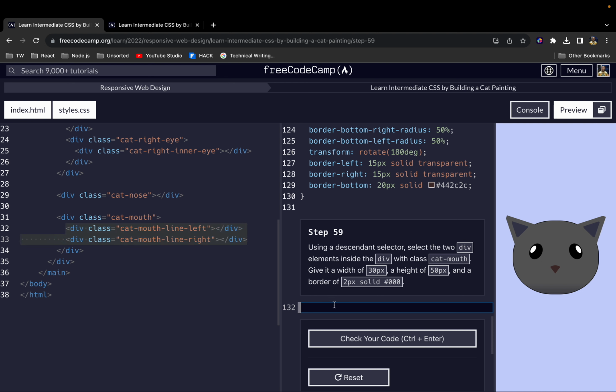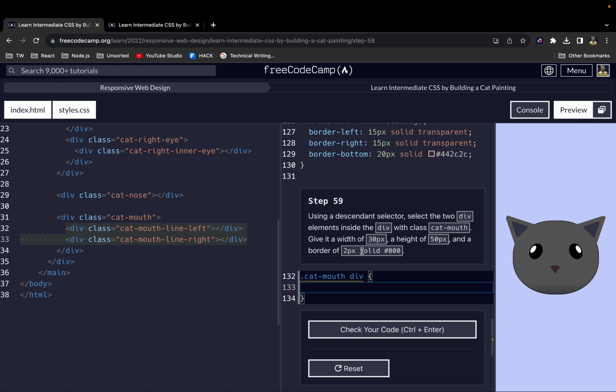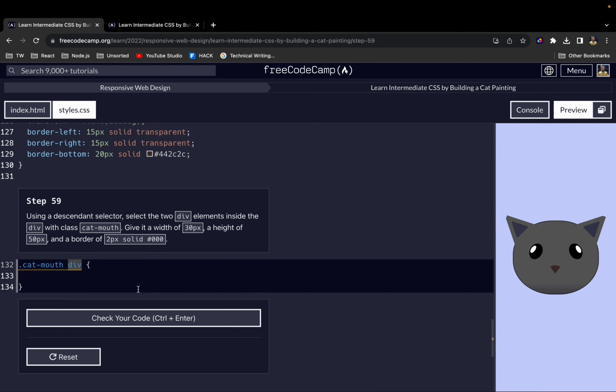Now to select the children of an element, you write the element first. In this case, the element is cat-mouth. Then you leave a space and select the other element, so div, like so. What this will do is that the browser will go to cat-mouth and then select all divs inside of cat-mouth. All right, now let's give them each a width of